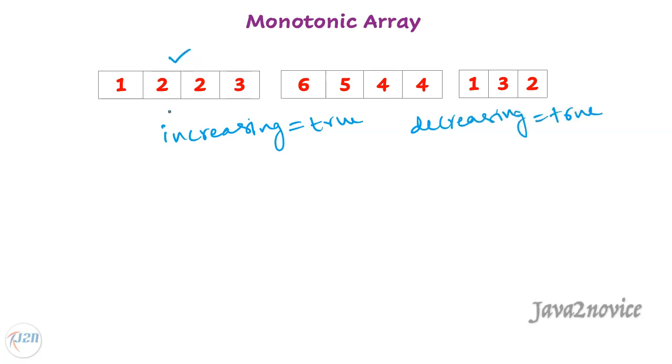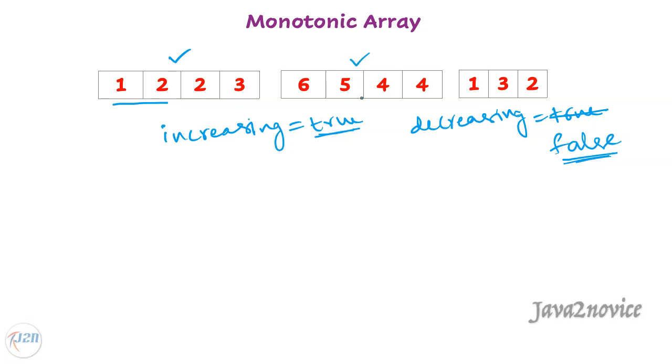Let's start with this array. We will iterate over this array and start comparing neighboring elements, which means we will compare the first two elements in the first iteration. Since it is in increasing order, we will mark the decreasing flag as false. We will perform this check in each iteration. If all the elements in the array are in increasing order, then the increasing flag remains true and the decreasing flag remains false only. Once all iterations are done, if one of these two flags is true, then we'll consider this array as a monotonic array, return true.